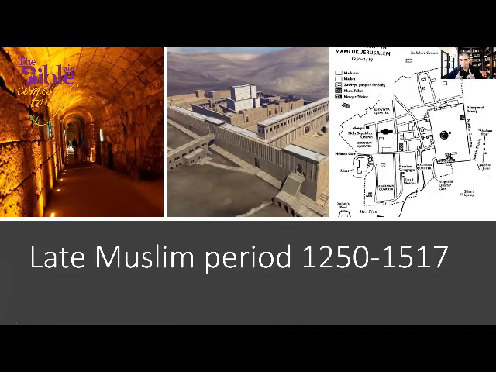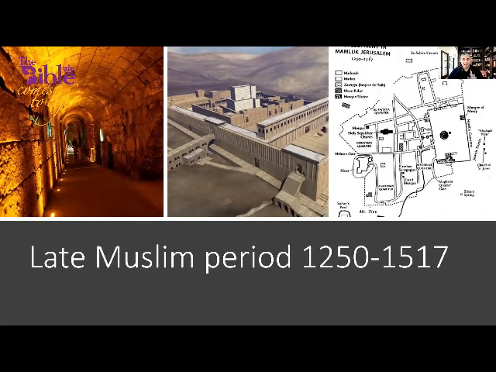There was a wall at the time of the Crusades. The city walls today are basically built on the foundation of the Crusades, which are built on the foundation of the Romans. But in the Mamluk period, there were no walls. The reason why: the Muslims were very afraid of another crusade, and their agenda was that a half-built castle is also half defendable. So they said, we're going to erase all the walls of Jerusalem, we're going to take them down, and Jerusalem will be without walls until the year 1517.